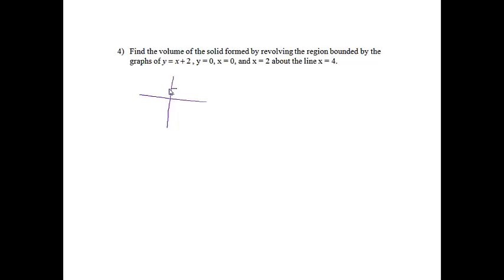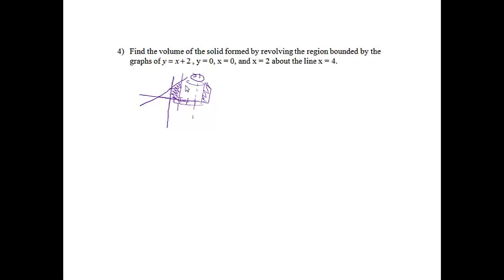y equals x plus 2 is a line going through the y-axis at 2. And then we've got y equals 0, which is down here. We've got x equals 0, and then x equals 2. So the region in question is going to be this region right here. We're going to revolve it about the line x equals 4. So we're going to revolve it over here. It's going to end up looking something like this over here,